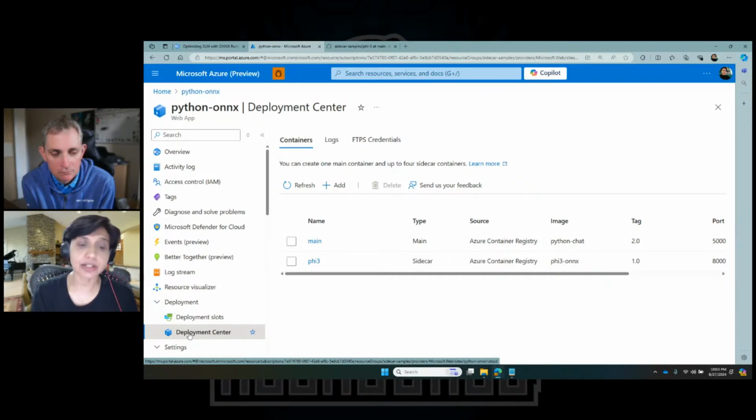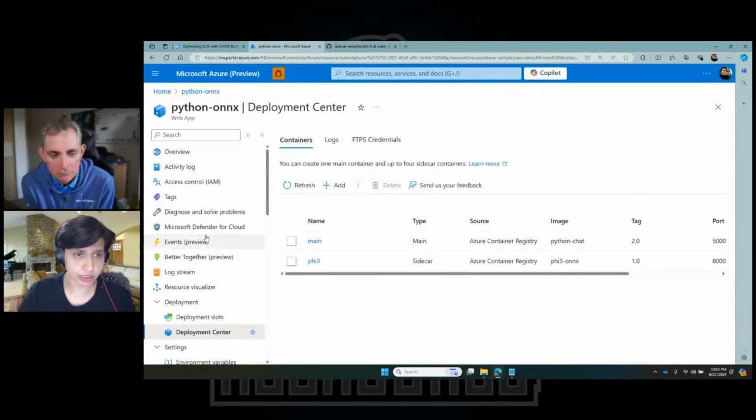In that case, you can run your application with an SLM, and the Phi 3 CPU model is a very good fit for it. Just to show you how the application is working,